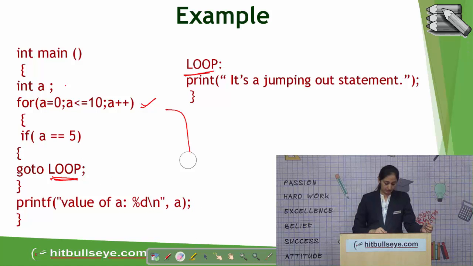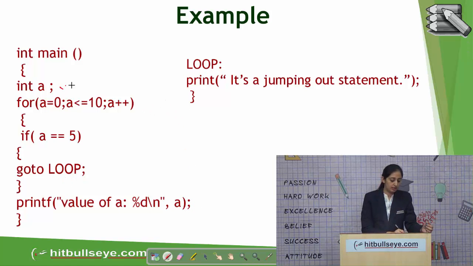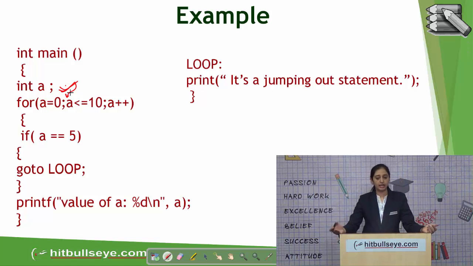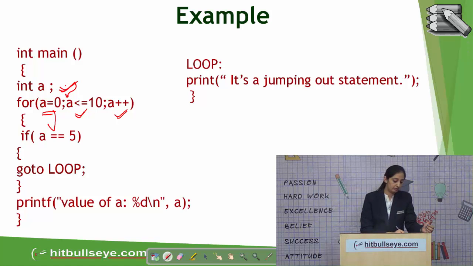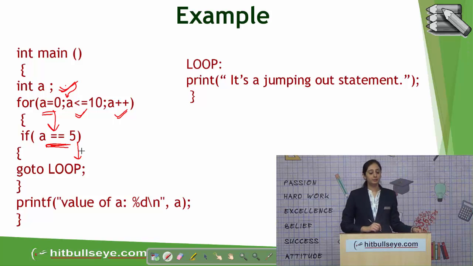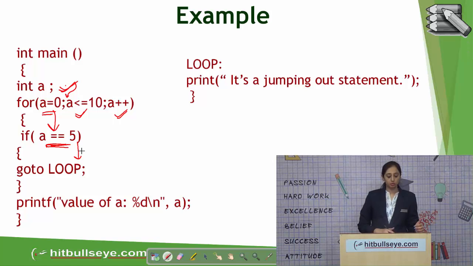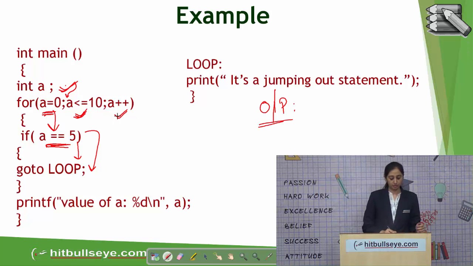Let's see the output of that program. Int a, the value for a is initialization. The syntax of the for loop says first initialization, then condition, and then increment or decrement. So here the value of a is 0, the condition is satisfied, and it is incremented. Now it will go inside the for loop. Inside the for loop there is an if, and inside the if there is a goto statement. So only if the if condition becomes true will this part be executed, otherwise it will not execute. Now the condition is a is 0,